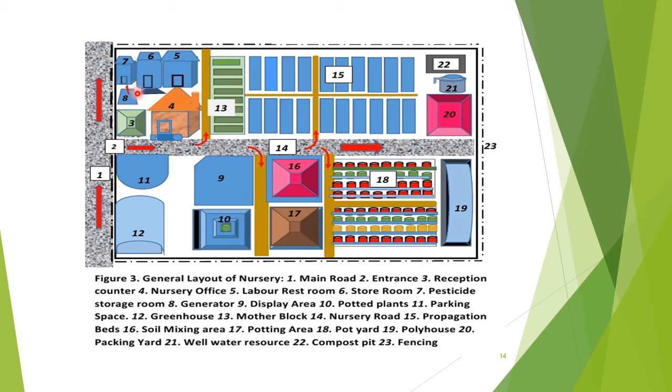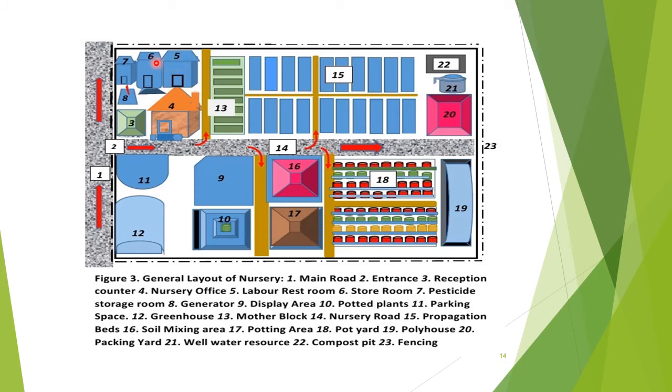you have now the office, storerooms. See, the second is the entrance, which will be marked here, and it is properly fenced externally. It can be permanently fenced, or it can have plant fencing. And then the third represents the reception, fourth represents the nursery office, the fifth represents the labor rest room, and